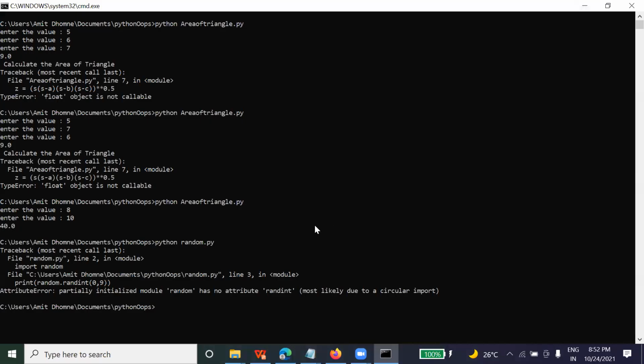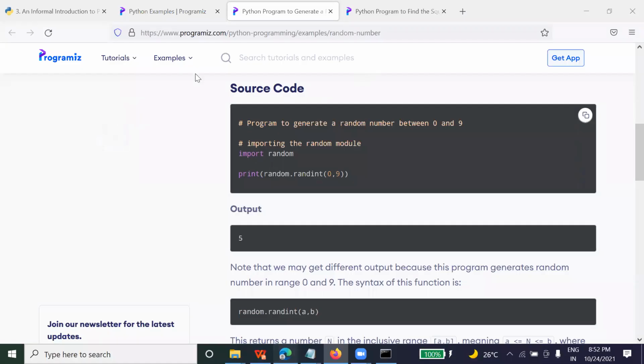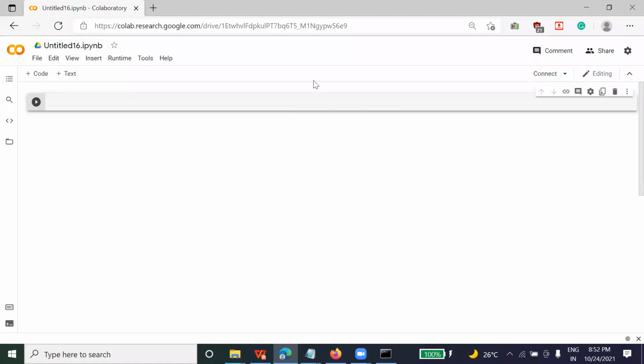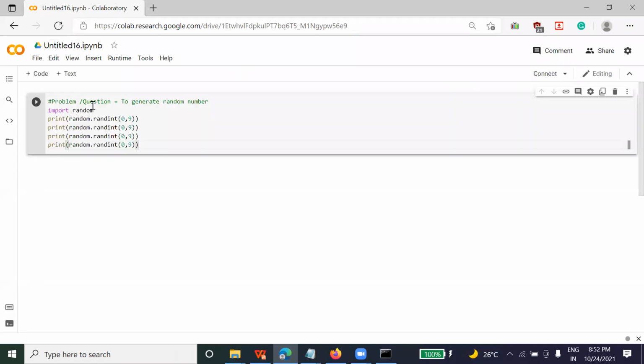You can run the Python program in Google Colab as well. Google Colab means what? This is Colab, a free Google service. You can run the program here as well. You don't have to install any software. The only thing is that it works with the internet.